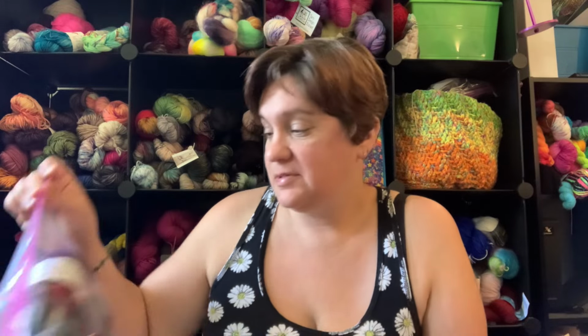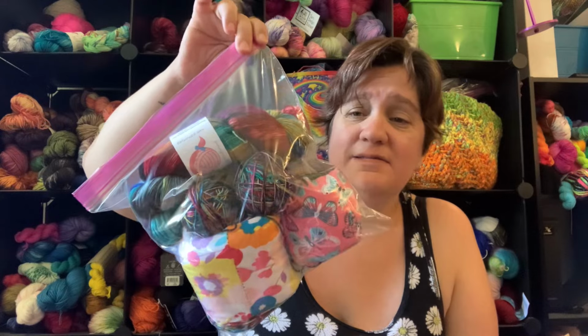My V-back tee. I wasn't working on it. I didn't want to work on it. What do I do with stuff I don't want to work on? I frog it. Everything's in here. It's all gone. I wasn't happy. I didn't like it. I did pull the needles out and I tried it on and I didn't like how